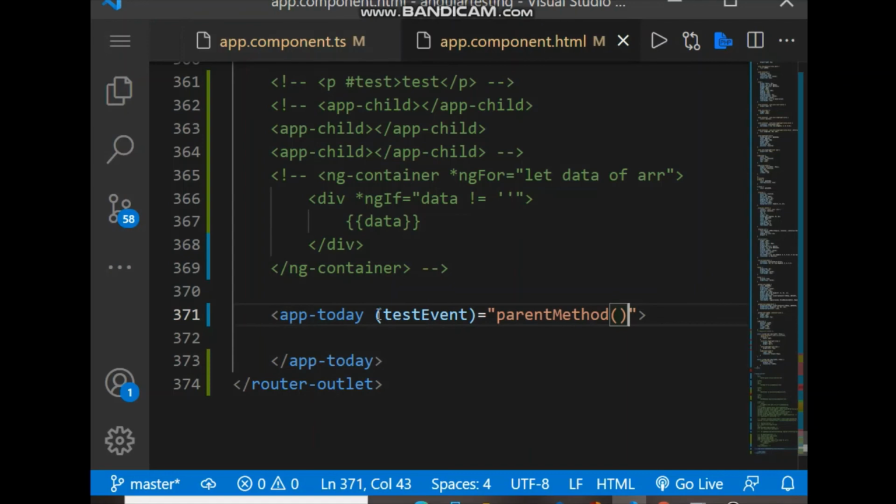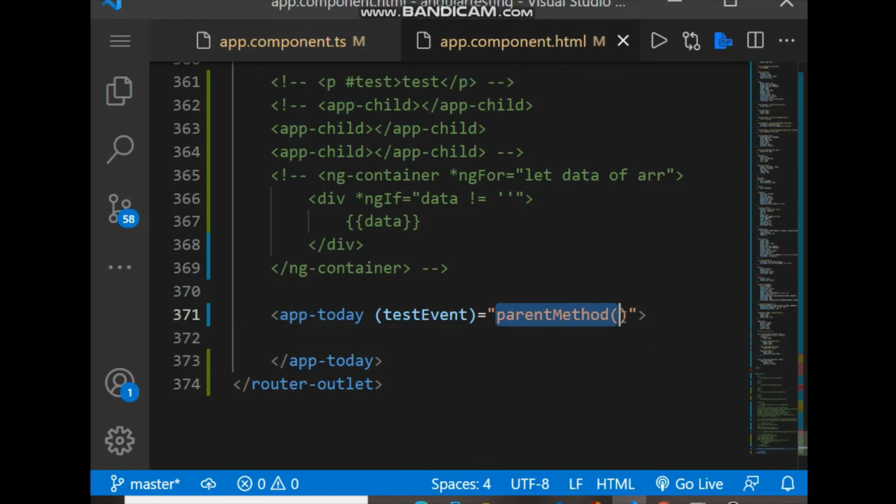So as you can see, this testEvent is the event emitter that emits from the child component, and when it emits, it will call the parent method. So the child event emitter has the reference here in this tag, and this tag has the reference of a parent method. So whenever that testEvent emits from the child, this method will be executed.